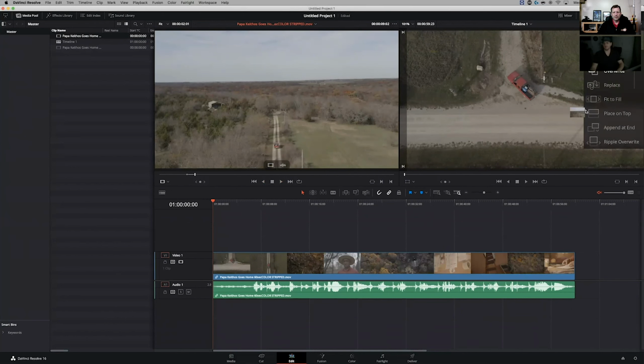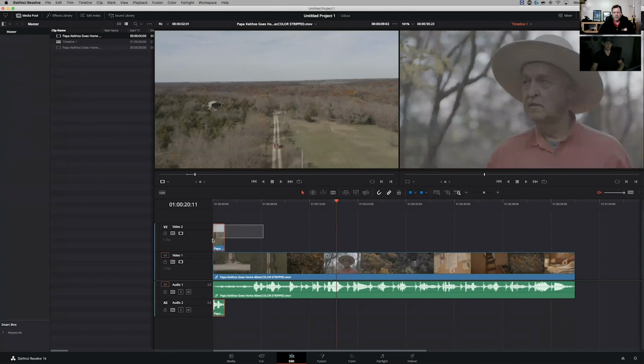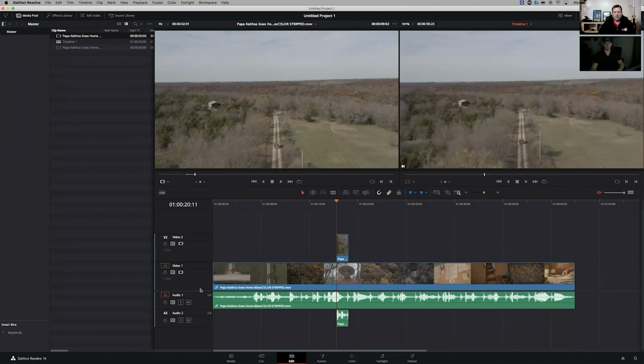Over here on the right-hand side, am I able to move this screen? Oh, I am. Cool. You can go over here and do your different types of place on top. It's going to place on top based off of the playhead. So if I put my playhead over here, you can do place on top that way. I see. Okay. Is there a quick button down there in the bottom bar of the preview window